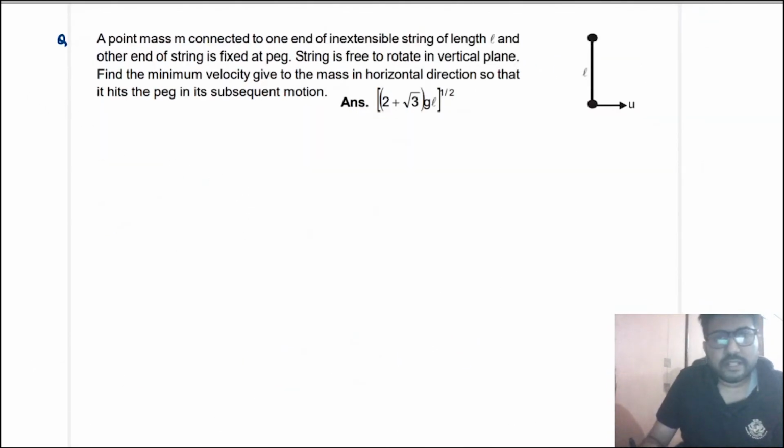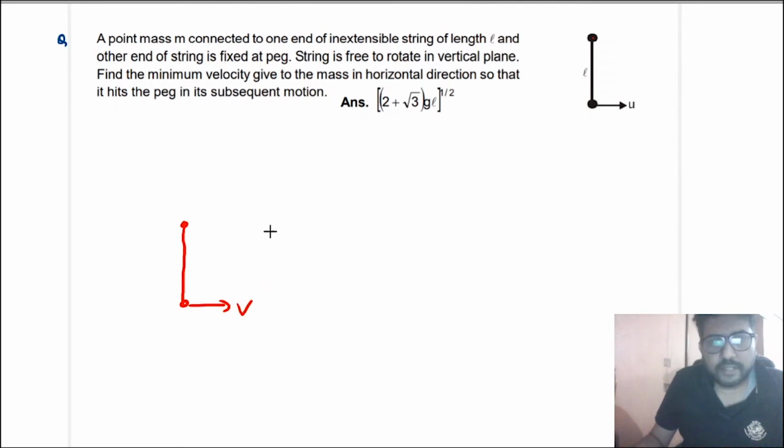Now let us look at the next question. In this question it is given that a point mass m is connected to one end of an inextensible string of length L, and the other end of the string is fixed at a peg. String is free to rotate in the vertical plane. Then find the minimum velocity given to the mass in the horizontal direction so that it hits the peg in its subsequent motion. What it is saying is,